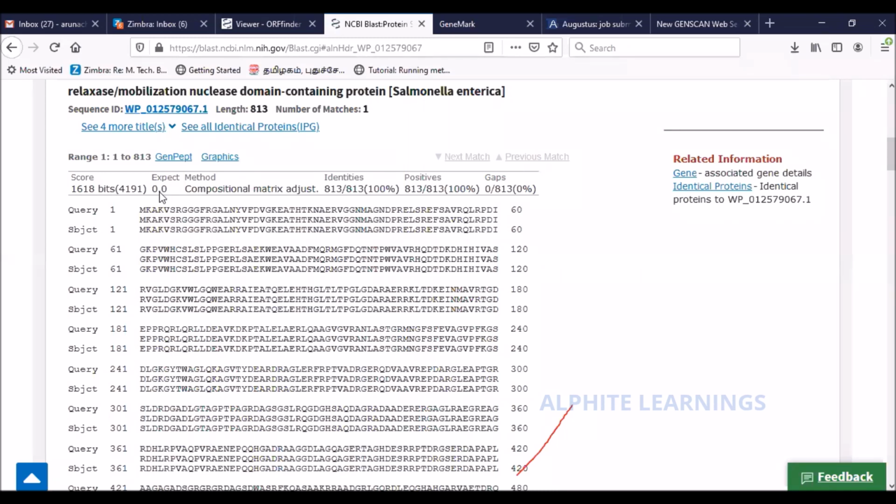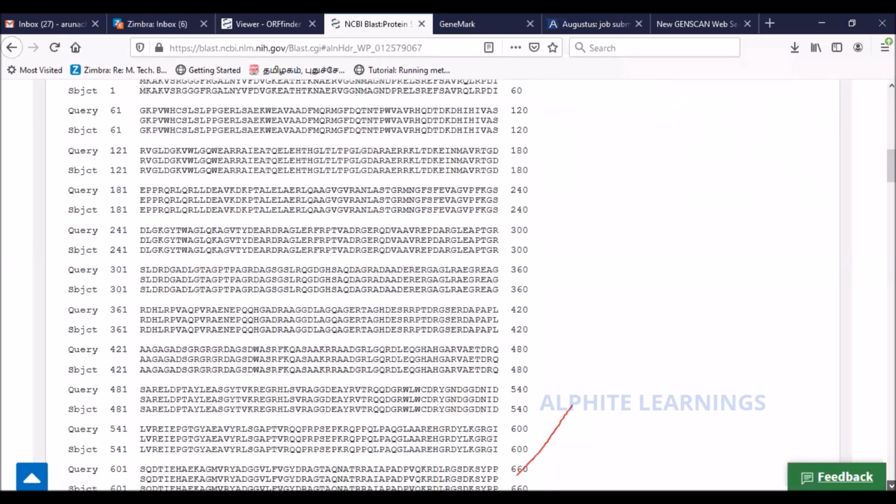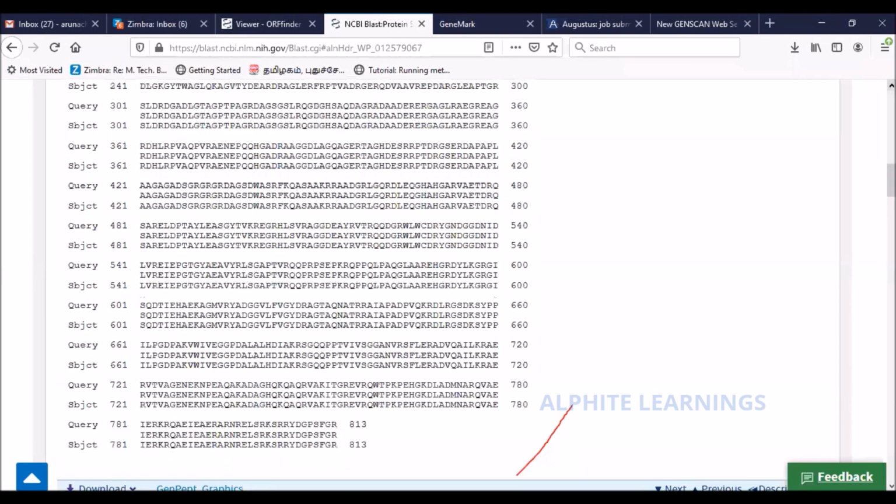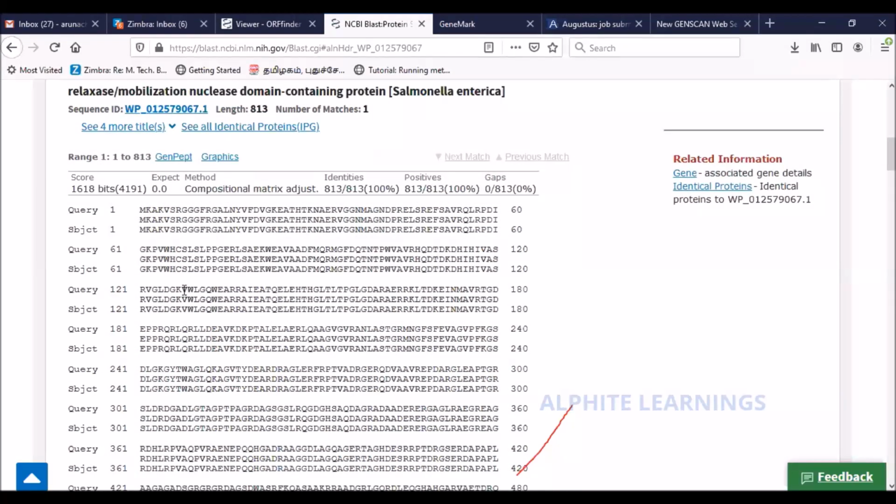The expected value is 0. An E value of 0 means there is no chance of this being random, right? The score is also very good, 1618 bits. Anyway, this is how we identify the ORF and the knowledge about the corresponding protein that it codes for, right?